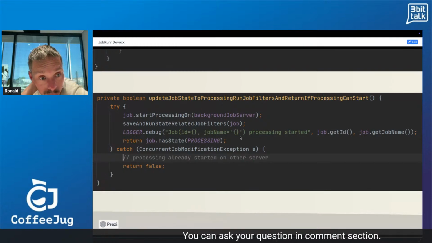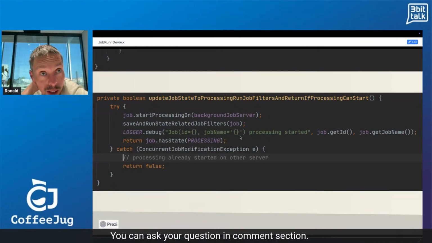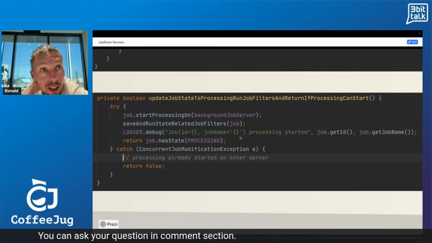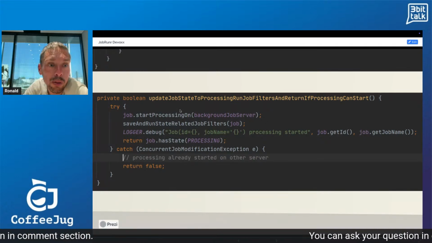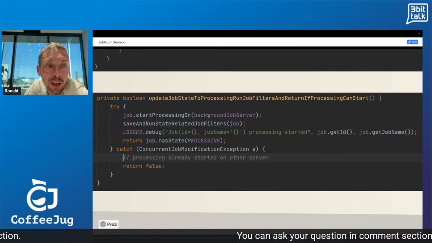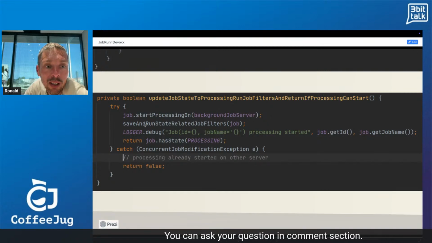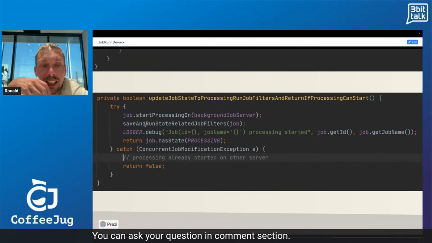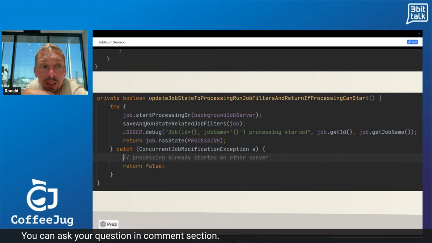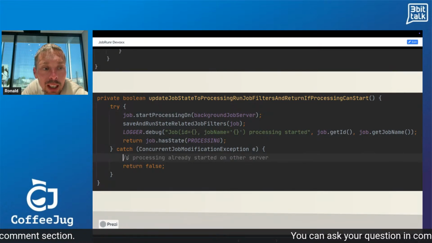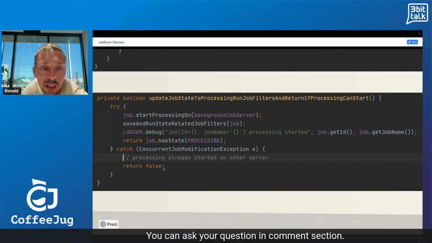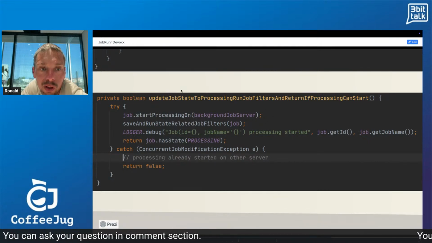So the first server that was able to say, hey, I want to process this job, start processing on background job server, and then could successfully save it, that's the one that could continue with actual processing. If not, then we have a concurrent job modification exception, and it means that the processing already started on another server, and in that case, this returns false.